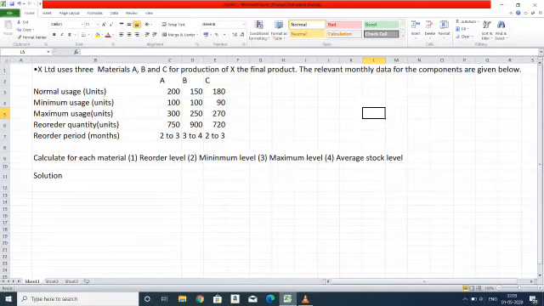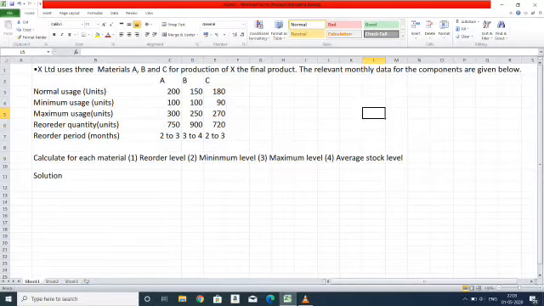In our last session, we discussed different stock levels. In this session, we solve a problem. Our question is this: